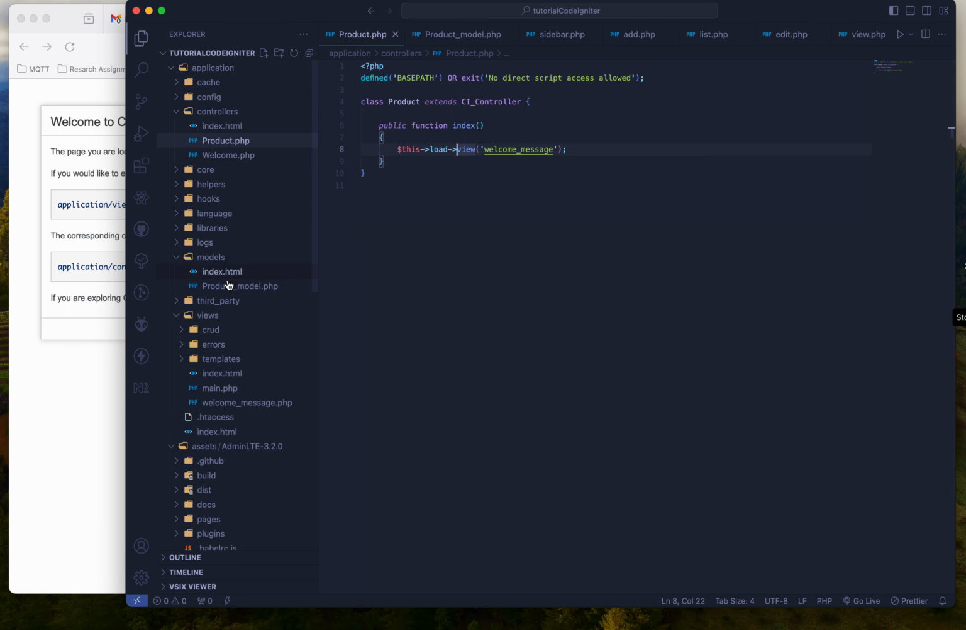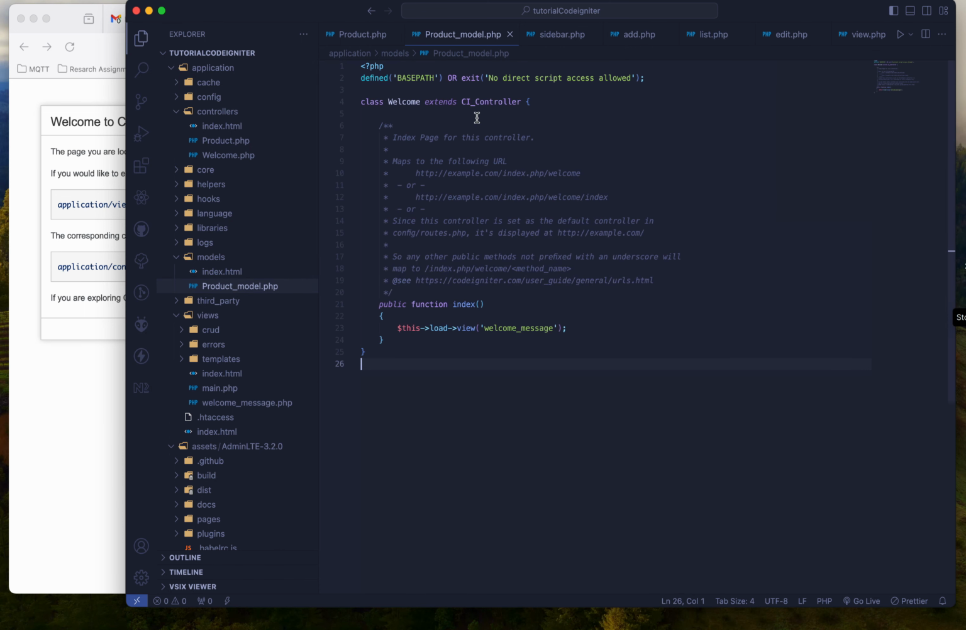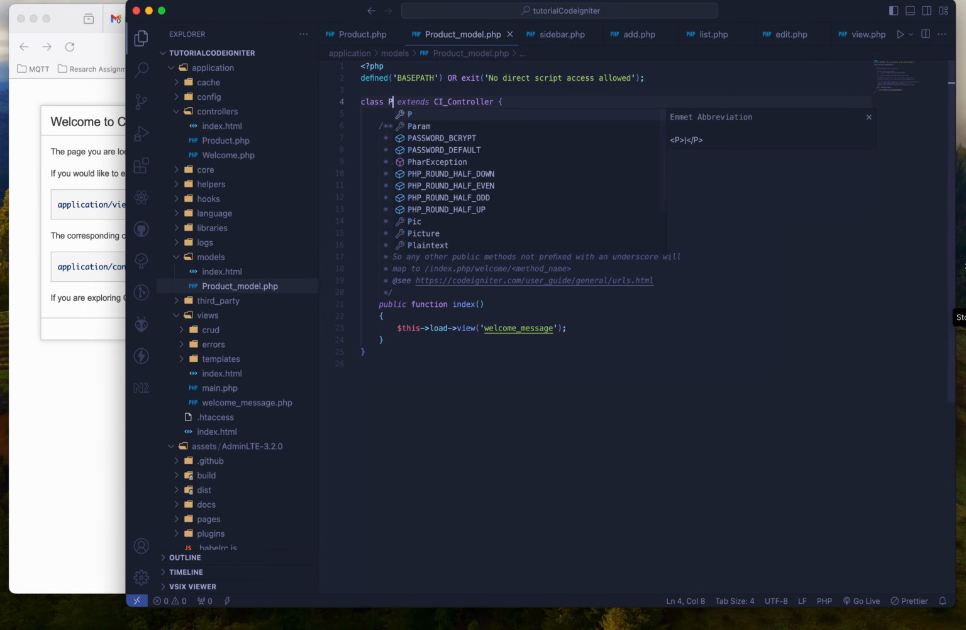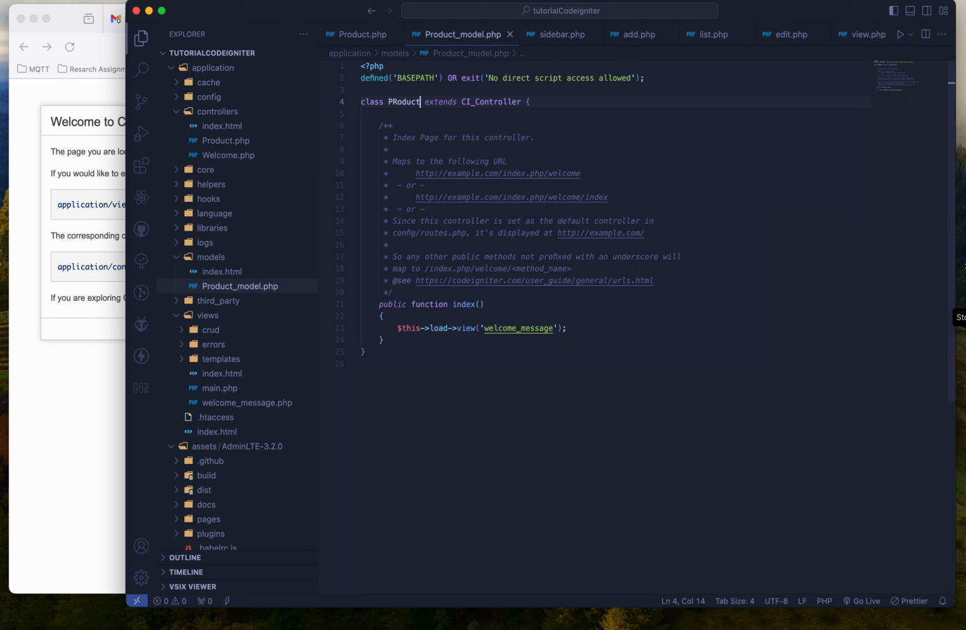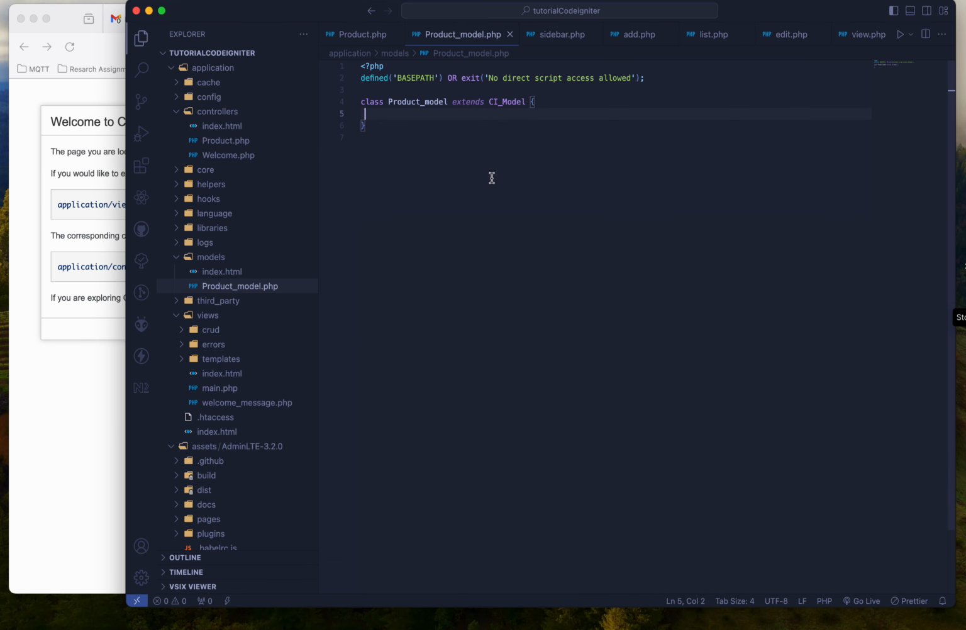And again for the model I will come here and I will paste, but here we change it to product_model, which is extending CI_Model, and let me remove all this content. I remain only with this content. After that, yes, now we have